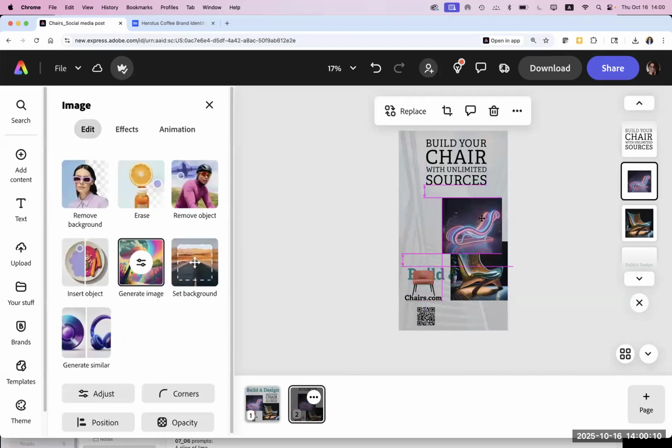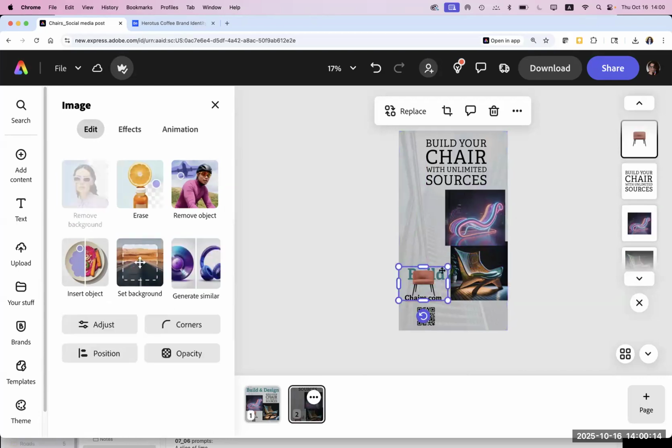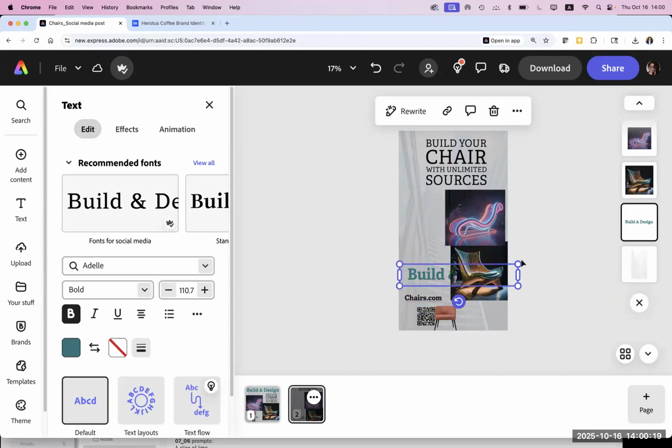And then maybe I want to go and create something a little bit different. So I'm going to go back here to this area, and then I'm going to check out and rotate. So I'm rotating it by holding down the shift key,